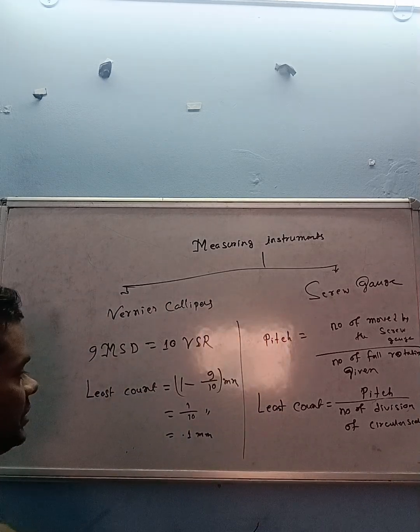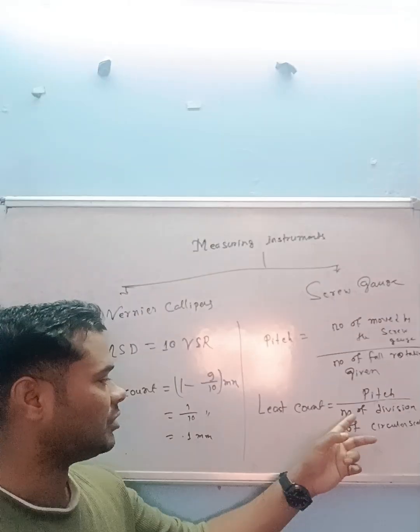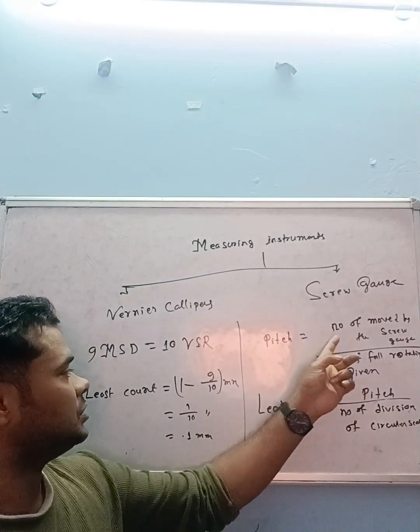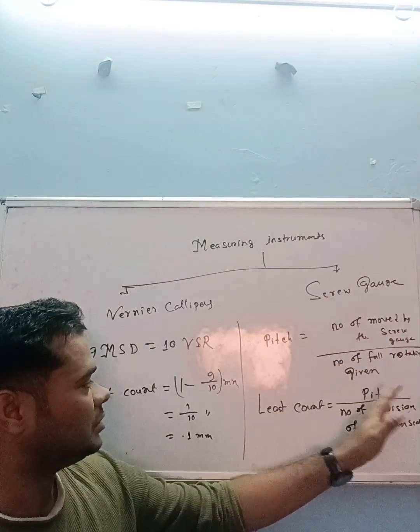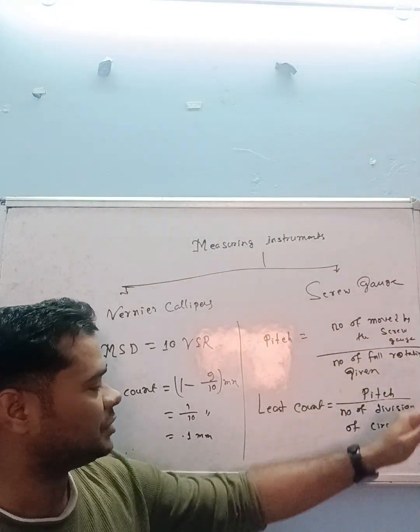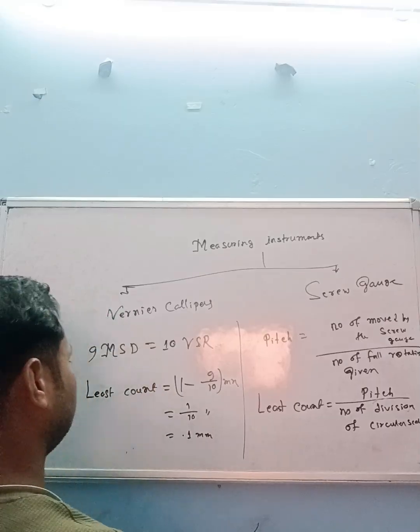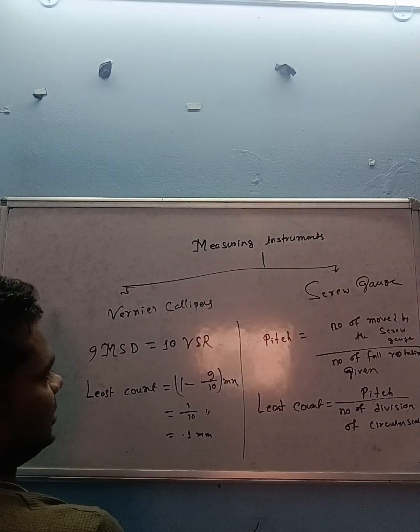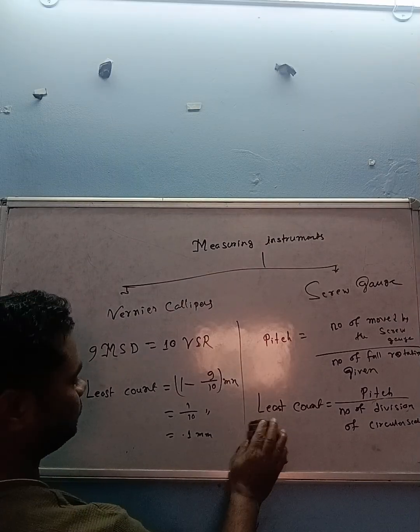Okay, the least count equals to pitch by number of division of circular scale, and pitch equals to number of division moved by the screw gauge by number of full rotation given. Okay, all the formula are very important for the NEET class 11 and joint. Okay,